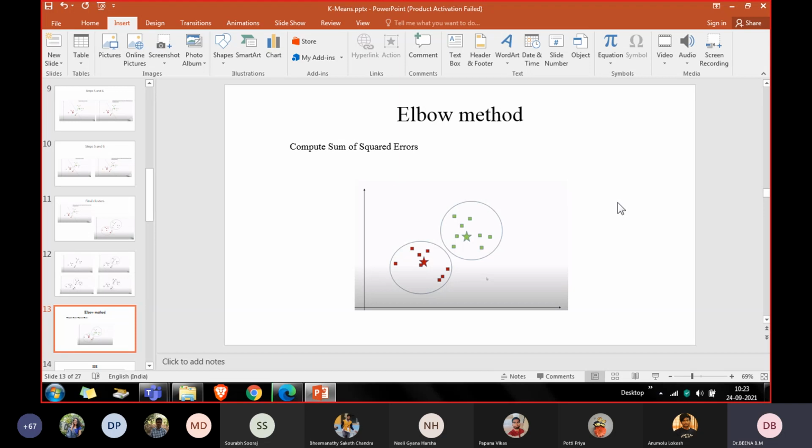The main job in this algorithm is to find the best possible value of K, and that is done using the elbow method. In this method, we compute SSE. What is SSE?